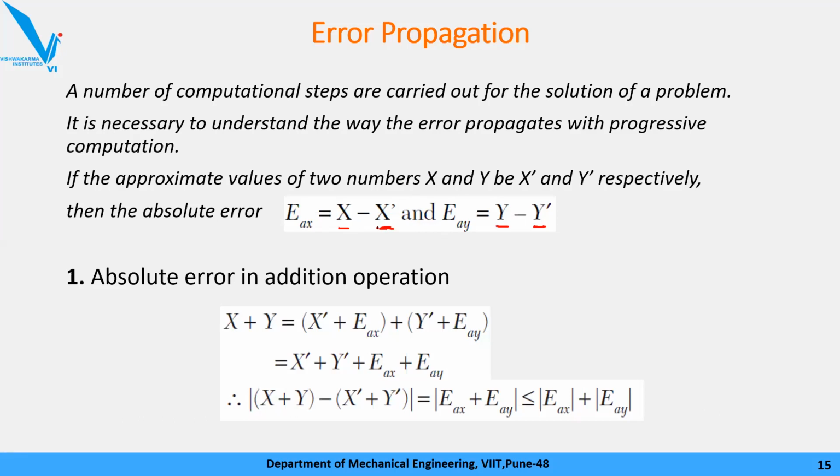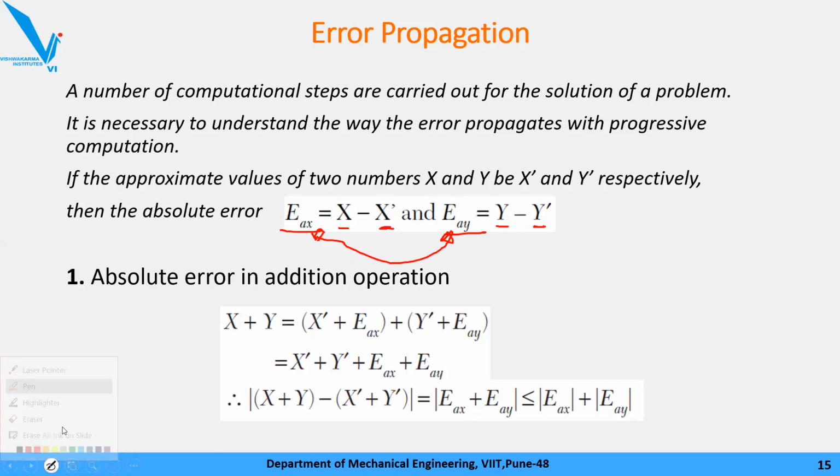Now when I say the word error propagates, it never means that propagate means increase. We can have a reduction in the error too. We will see in a few examples. Error is a change. We cannot directly say that the error in x is eax and the error in y is eay, so directly adding both, I'll get the error equal to eax plus eay. That is not the thing.